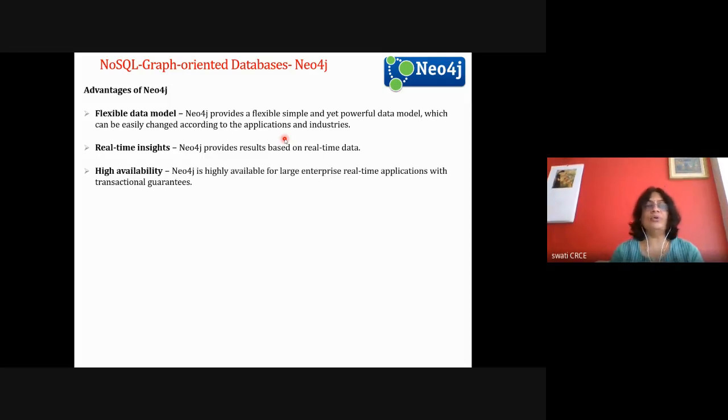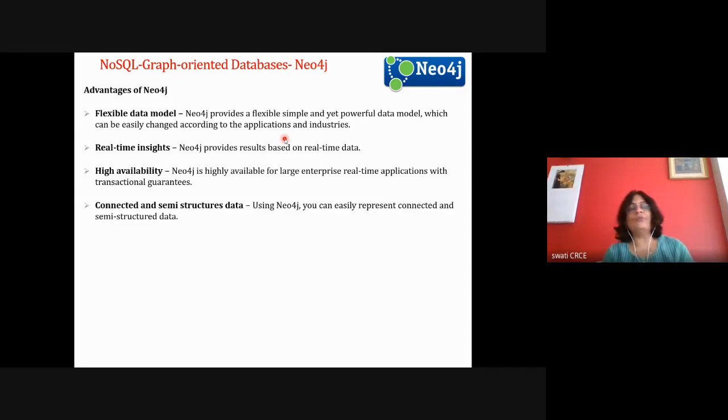It's highly available, as I told you. Even if there is any change, it is continuously available because of replication. And for replication, master slave replication architecture is used, like HDFS, where you have a master node, and the data is stored on multiple machines on the cluster. So the replicated copies of the data are stored at different places, and master slave techniques are used. So it is highly available. If some part of your data is not available, it is taken from the other part of your cluster. And it guarantees you the transaction, because it supports ACID.